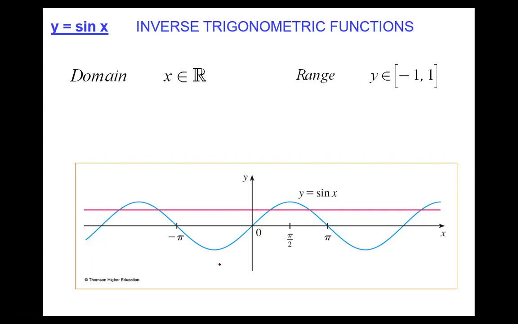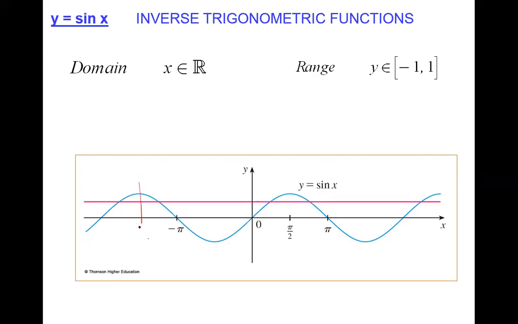Theoretically, I can show this. Theoretically, we can take any part. Let's say we can take from here to here. I can only take that part. Yes, it is one-to-one. Or maybe I can take from here to here. It's also one-to-one. Or I can maybe take from here to here. It's one-to-one. But because this will create lots of confusion,